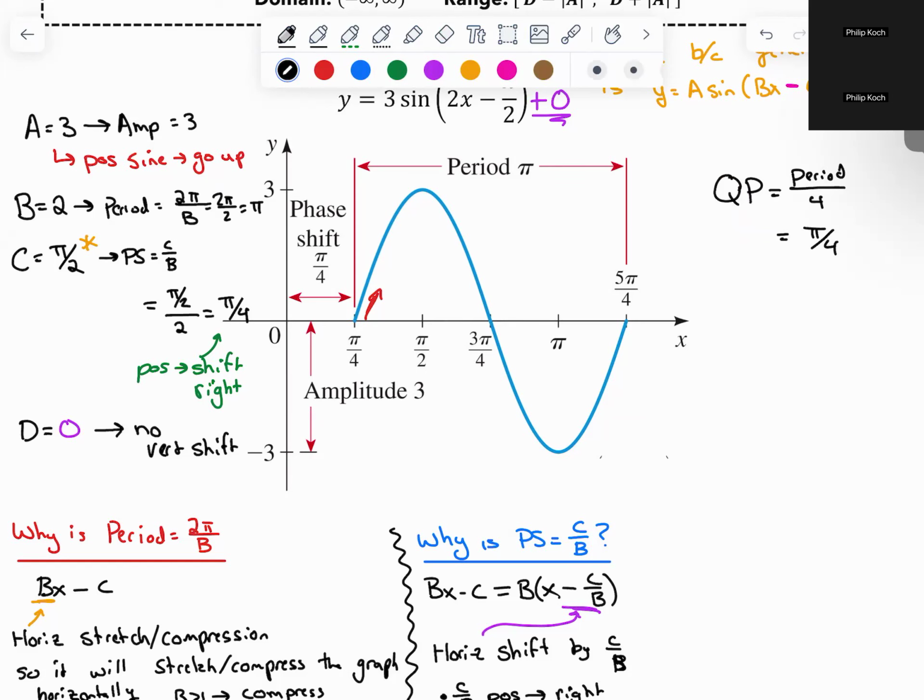Now, you'll notice that we have these 4 key points. Let's use red, or pink, to really highlight them. We've got this point, this point, this point, this point, and this point, which on sine's original graph, this is a different sine function, but on the original function, that would be 0, 1, 0, -1, 0. Every sine or cosine graph that you graph, if you're graphing one period, is going to have 5 key points.